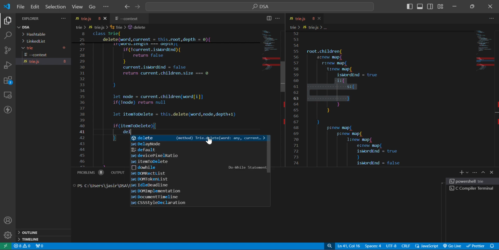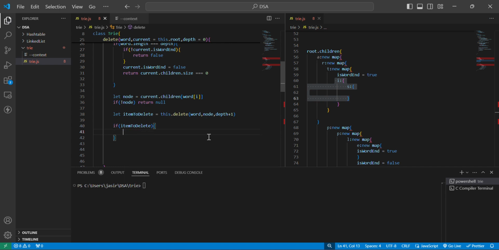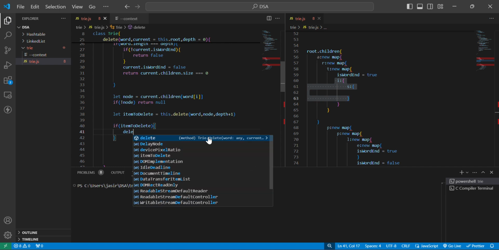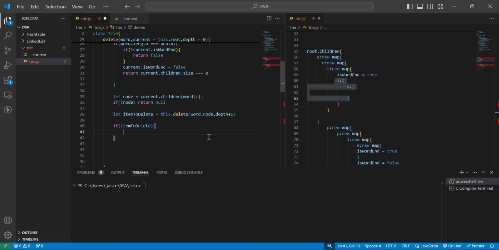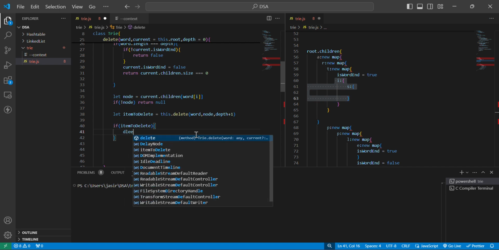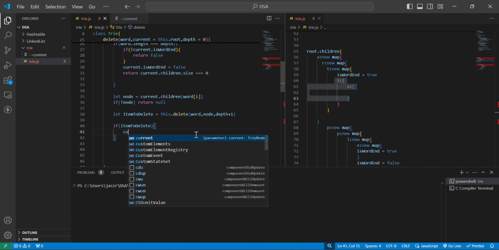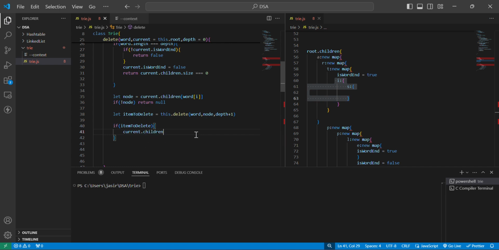So delete this.delete. Oh god, there is nothing there. How can I delete something inside an object? Oh wait, let me think. current.children delete word of I. Let's see if it works or not. So we are deleting it and